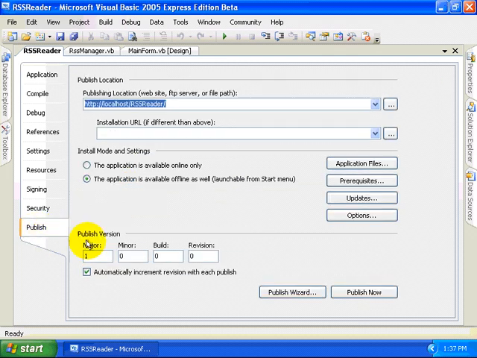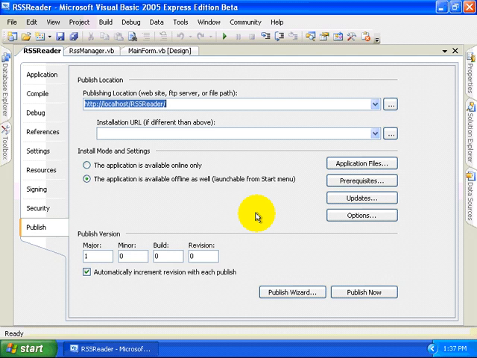Also then, you'll want to set up the publishing information for your application. Visual Basic 2005 Express Edition, as well as all the new Visual Studio tools, contain a feature called ClickOnce, which allows you to easily deploy and redeploy your application each time you make changes to it. So you have some choices to make of where you want to publish your application. You can publish to, for example, a website, and the ClickOnce functionality is pretty neat in so much that